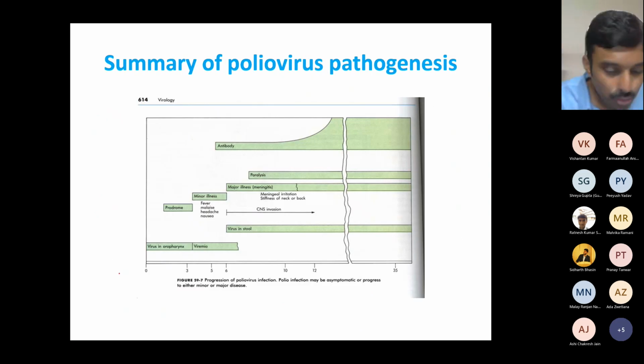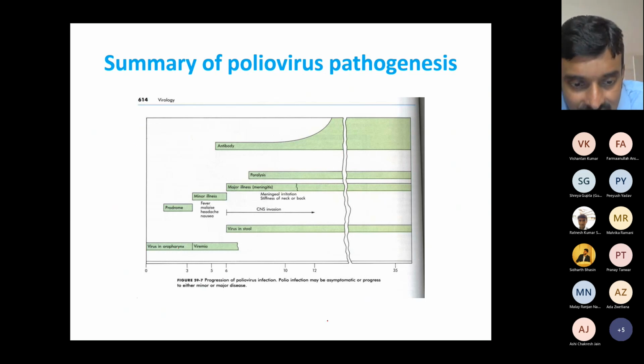Now, this cartoon here gives you a summary of what happens in poliomyelitis. This is how you have to break up virus pathogenesis. This is day 0 when the virus enters the body. Like we've discussed in great detail, it replicates a little bit in the throat, then later in the Peyer's patches, then it spills over and causes viremia. These are the number of days.